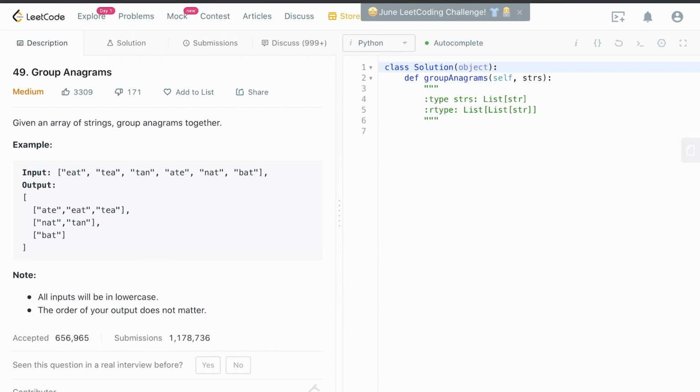Alright, so today we'll be looking at the problem group anagrams. Given an array of strings, group anagrams together. If we look at the input, it says eat, tea, tan, ate, nat, and bat. And what grouping them together means is we have to, well, first let's start off by defining what an